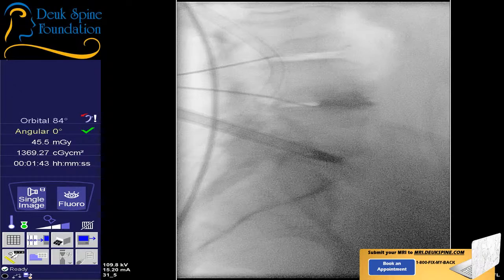So, in other words, the effect of the surgery is durable. It lasts. Durability is a measure of something's ability to last over time and different conditions. So, the durability of the surgery you're watching right now, we looked at our long-term outcomes in our patients. We studied them, and we found that